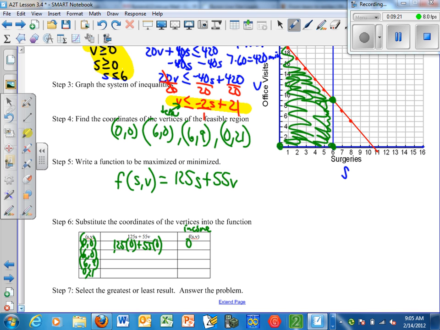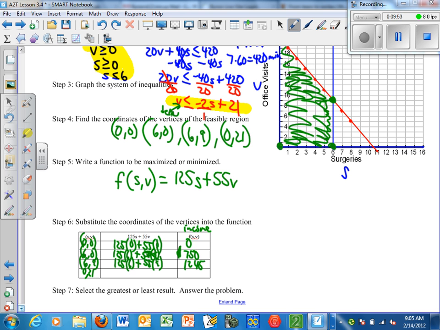6, 0 would be 125 times 6 plus 55 times 0. Well, that's going to be 0. 125 times 6 is $750. So if I do 6 surgeries, no office visits, it's $750. If I plug in my next point, 125 times 6 plus 55 times 9, you can test it on the calculator, but you get